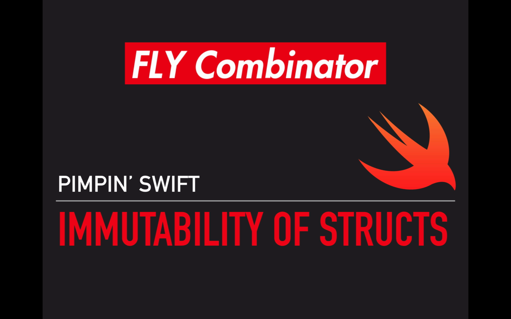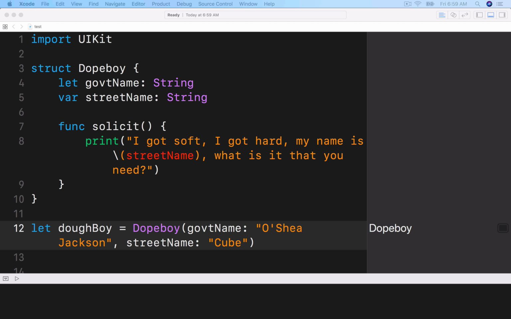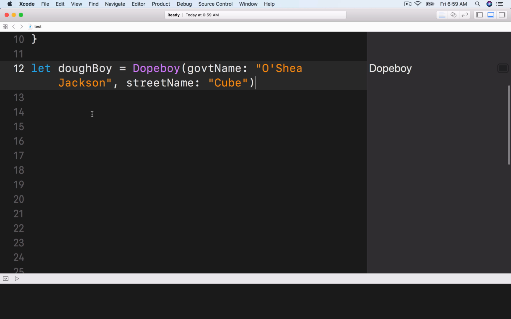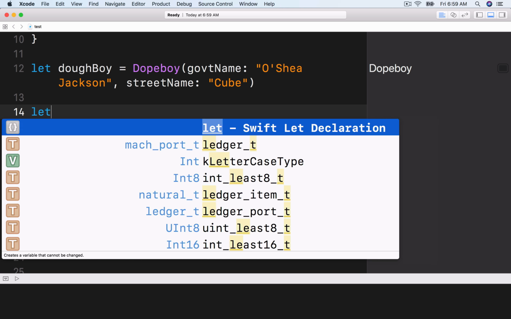We're pimping Swift. We're going to talk about the immutability of structs. And this kind of goes hand in hand with what we talked about of structs being value types. So, you know, when we deal with constants and variables, so let's say we had a constant